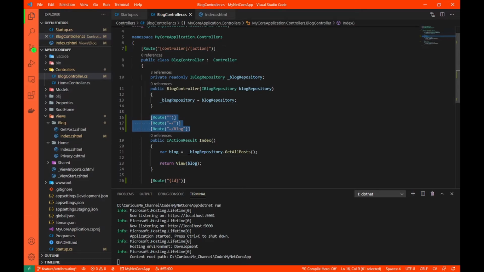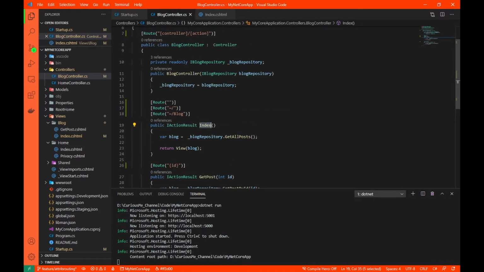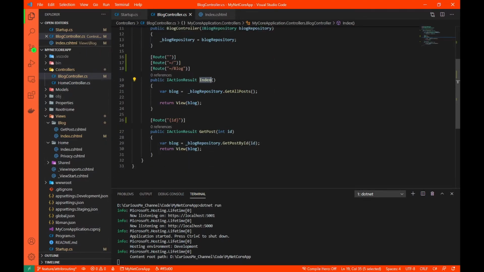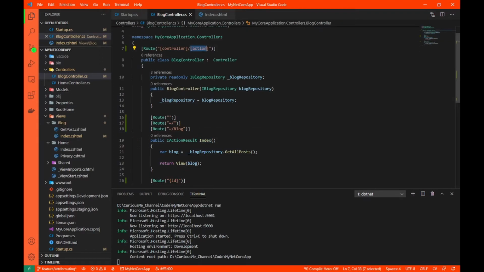And one of the ways you can tackle this is do not move this action here. Only for the controller whose index you want to make as default. All the other controllers, you can move the action from within route to the controller level. But for the controller whose action index you want to make default, do not do this. Keep this action at the index level itself. Okay, and that should do the trick. Or you can do it like that also. So these are the 2 options which you can use to make a default route.